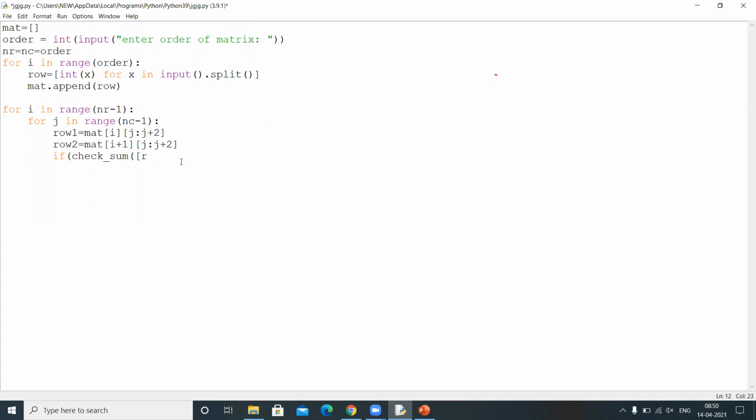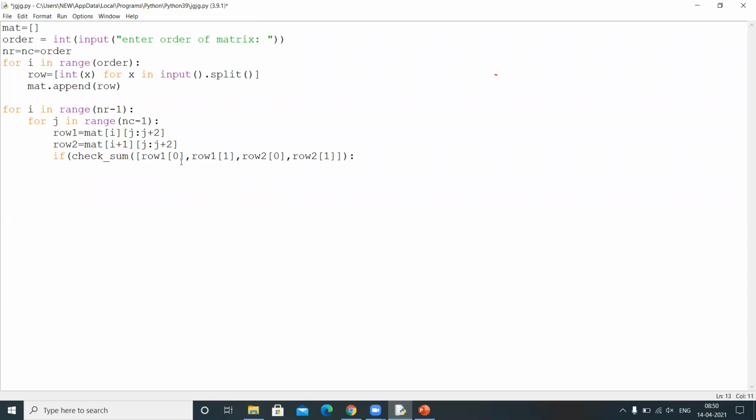I'm taking as a list row 1 of 0, similarly row 1 of 1, and the third element row 2 of 0, and the fourth element as row 2 of 1. Done. We are passing the 4 elements of our 2 by 2 matrix to the method.